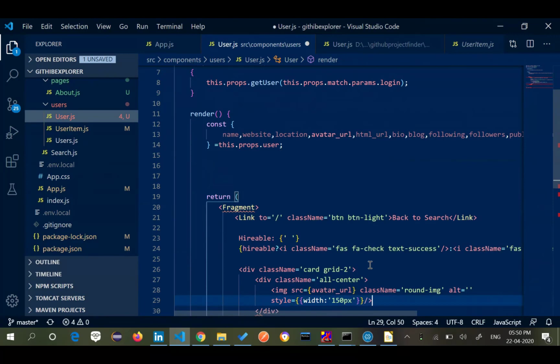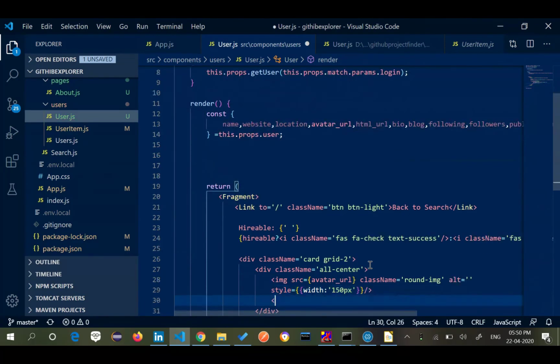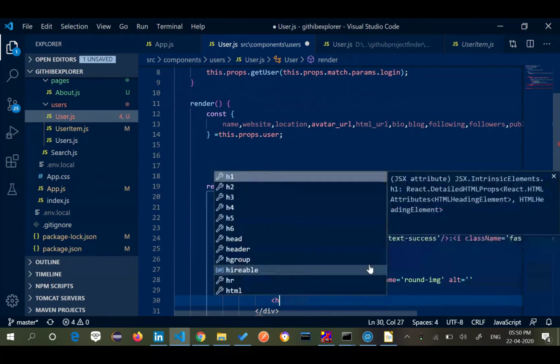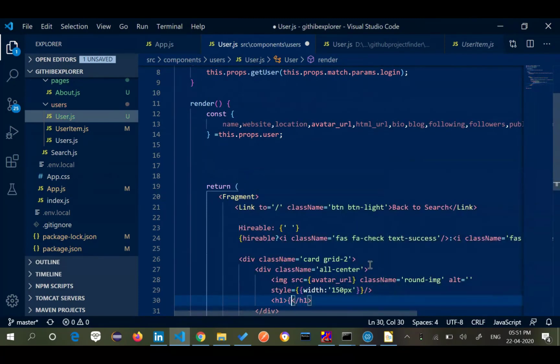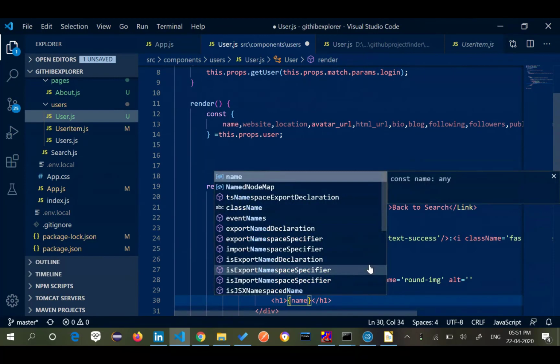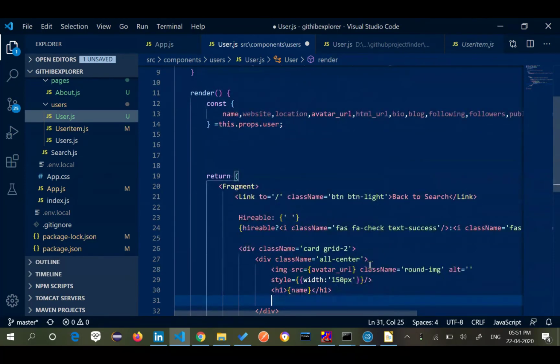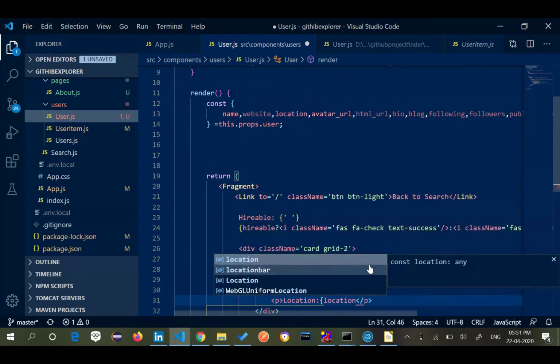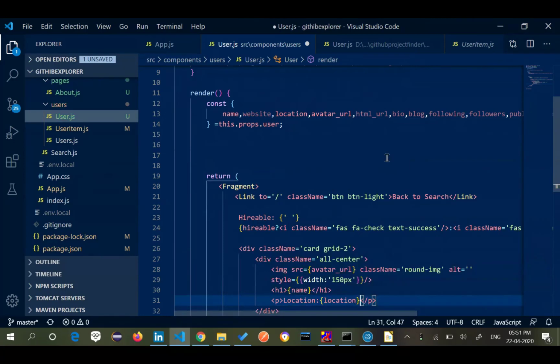I want to show the name, so I'll say h3 or let's say h1, name here, and a paragraph tag, location colon location. So I have all the required values here.